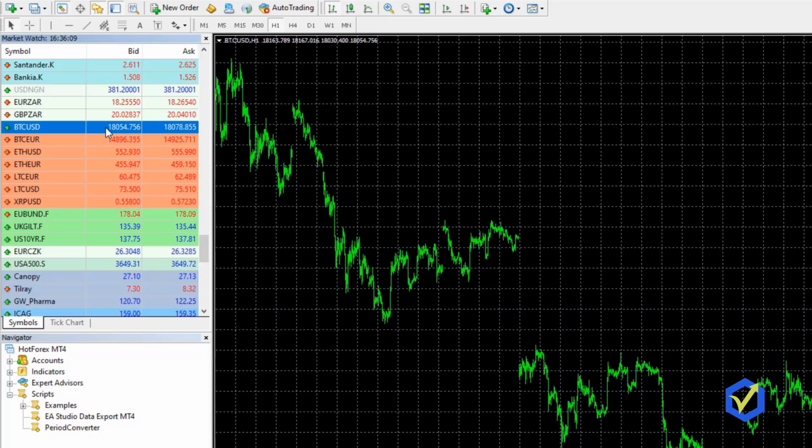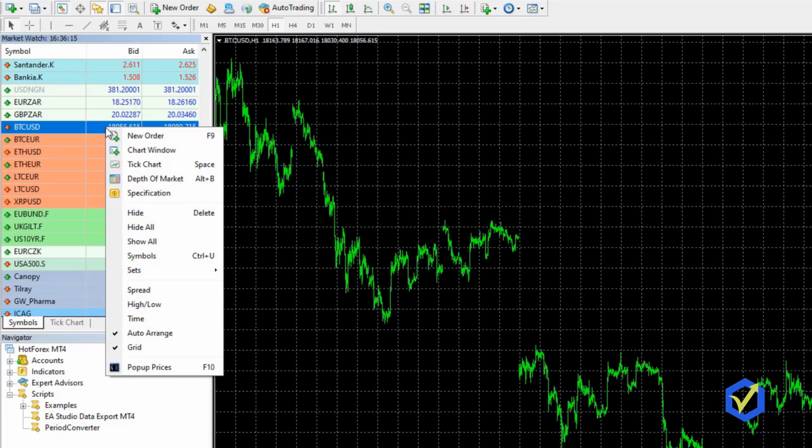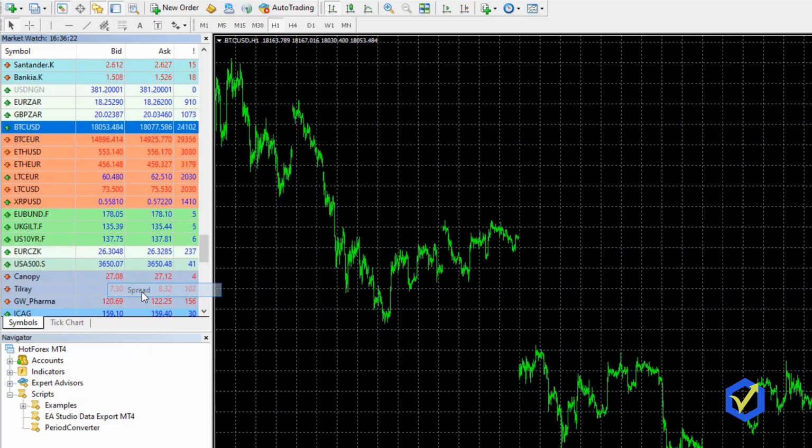And if you want to see exactly how much is the difference between the bid and the ask price, you can right click over the market watch and check spread. This will show a third column, and this is exactly the spread. With most of the brokers, the spread is floating, which means it's changing whenever there is volatility. At this moment with Bitcoin, it's about